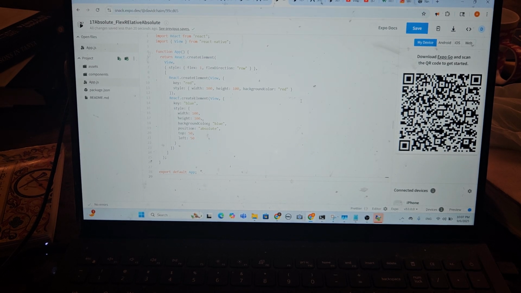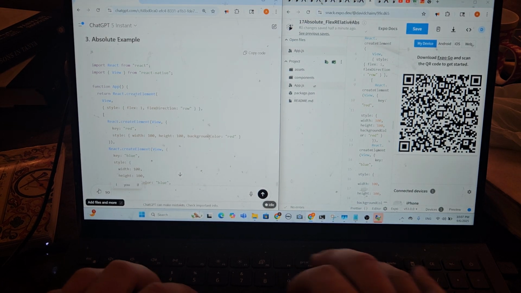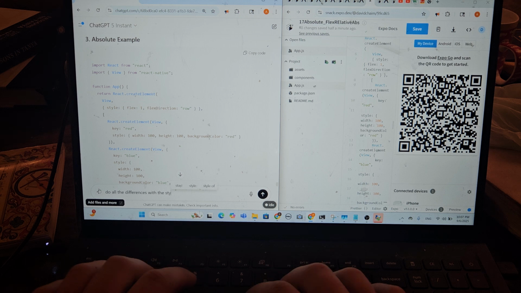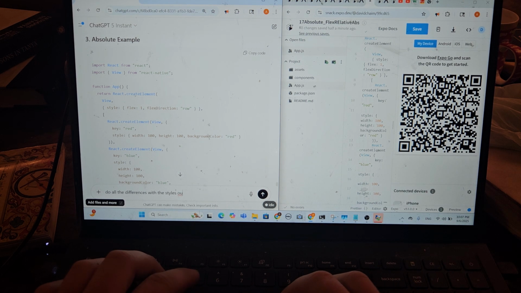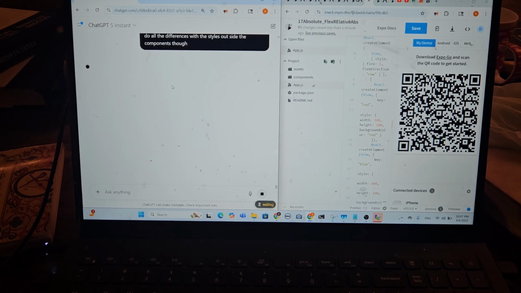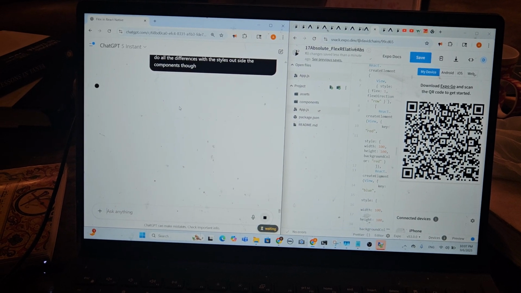This is our, do all the differences with the style sheet styles outside the components though. Alright, so we want to get the styles out of the components just for easy kind of